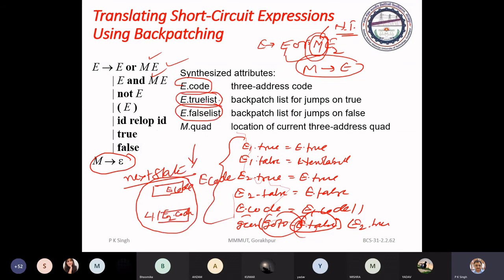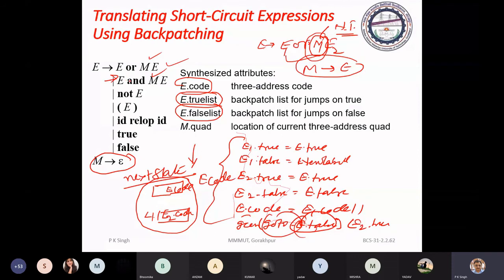But for false list, we have the E2 code. False list is E2 code, and for that you have to patch L1. And the start address of the three address statement of E2 will be the target of the E1 false list. Okay. Same case in this.